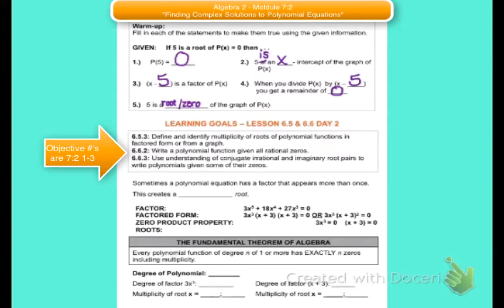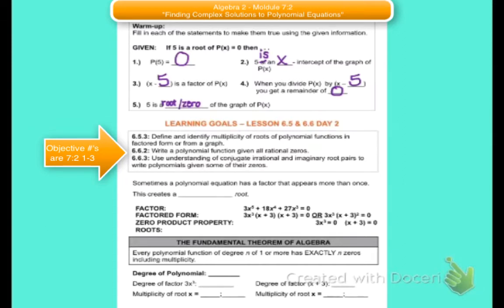So the coming attractions in this lesson are to, first of all, define and identify multiplicity of roots of polynomial functions in factored form or from a graph. Secondly, we're going to learn to write polynomial functions given all rational zeros. And finally, we're going to use understanding of conjugate, irrational, and imaginary root pairs to write polynomials given some of their zeros,